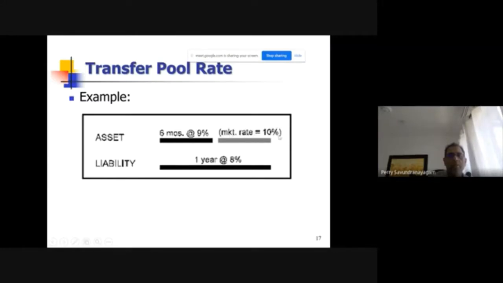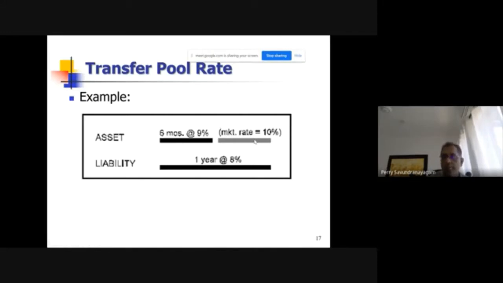It is up to Treasury to manage that. If it's a 6 months one and corporate bank has managed to lend it only for 6 months, the next repricing will happen at the market rate of 10%, assuming the next 6 months is 10. So then it's repriced at that point.